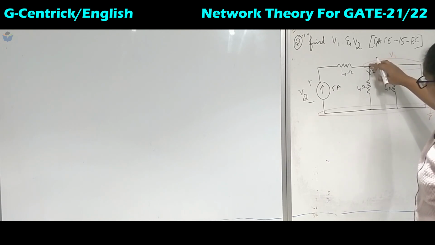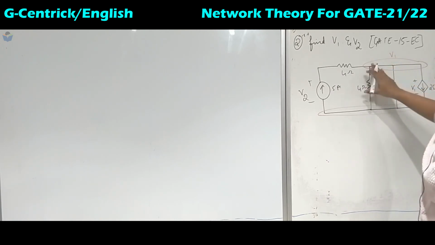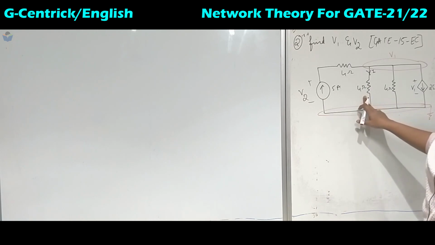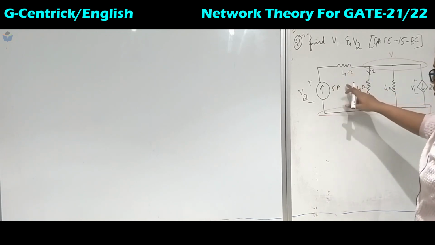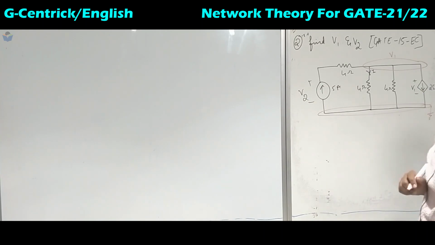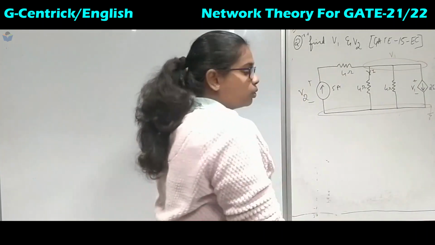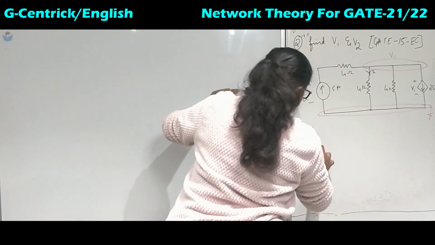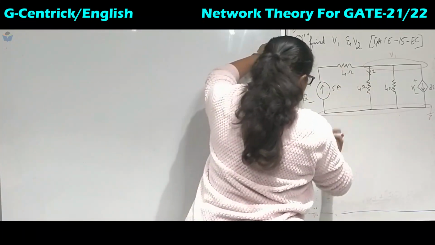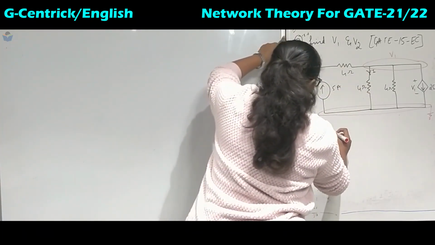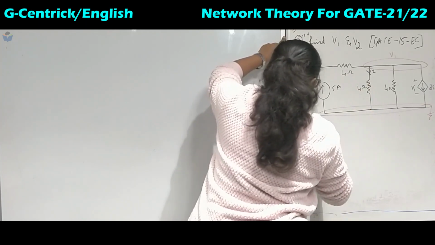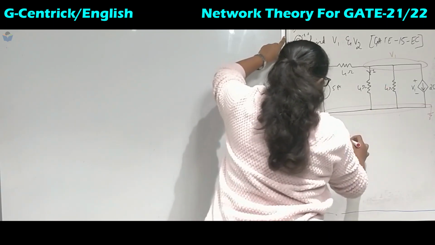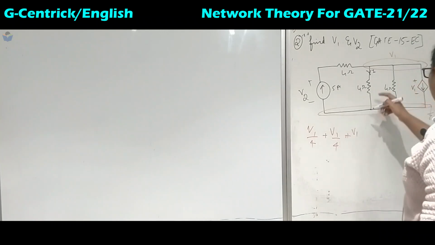So this potential is V1, means we can find the value of current I. So once we find the value of current I, then we can see the voltage drop across this one and this one, we will be knowing that. So once we apply the KVL in this loop, we will be able to get the value of V2. So for that we will apply the nodal analysis at V1. So V1 minus 0 upon 4, then we have got outgoing current, then plus V1 upon 4, then we have got V1 upon this one.